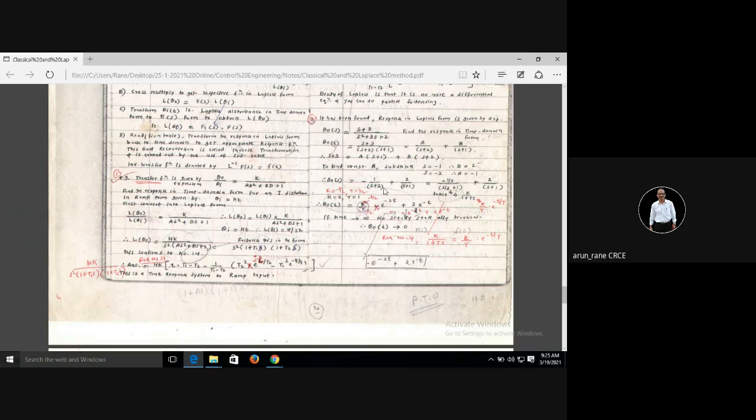Now I want to write this in the form of k upon 1 plus ts, which is the standard transfer function for the first degree. In order to write it in this form, I take this 2 common, so it becomes 1 plus s by 2, and the 2 can be written in the numerator like this, minus half. Similarly, the other term is already in 1 plus ts form. Now you have to compare this with the standard Laplace transforms available in the table.